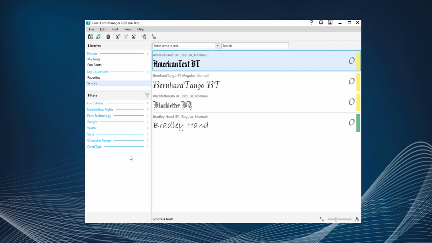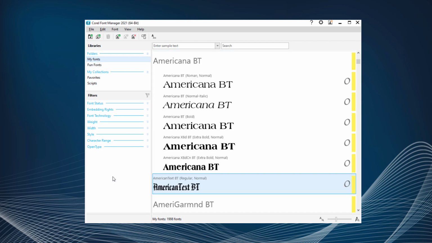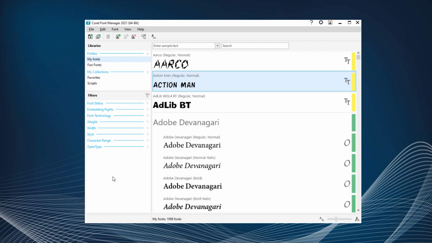If you upgrade CorelDRAW Graphics Suite on the same system after 2021, the database will be preserved automatically, and you won't need to import a saved database. Note that a font database doesn't include the fonts themselves. It contains the structure of the folders and collections that you've set up. The fonts themselves would have to be present on whatever system a database is imported into.